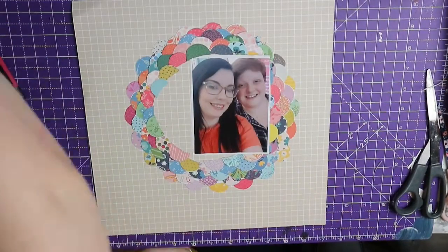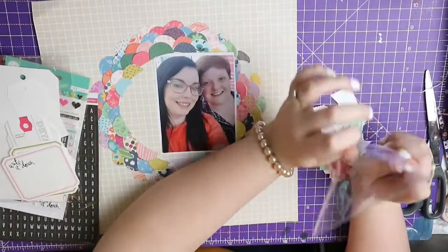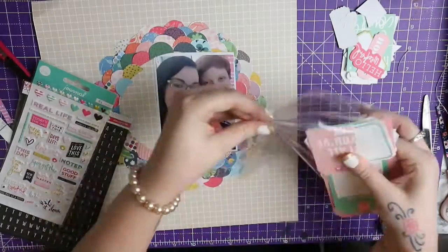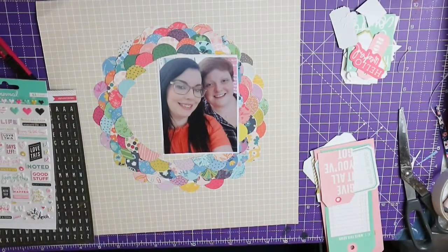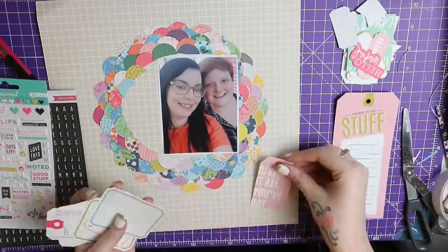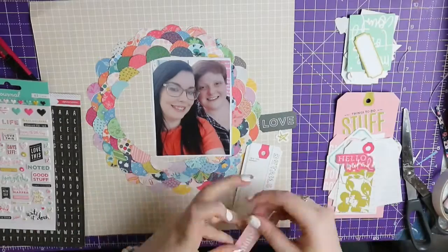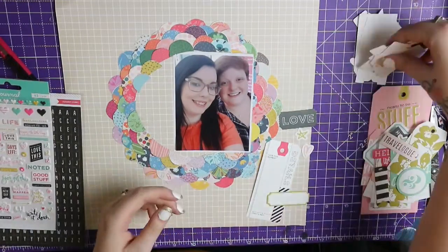I was going to put it in the centre, and then I thought, you know what, I just want to put it off to the side because I didn't have enough semicircles to go round again at the end. So here I'm just going through all the embellishments that came in the main kit. I have got an unboxing of this, so if you want to see all the bits in detail, what came in the kit and all the other papers, I will link that